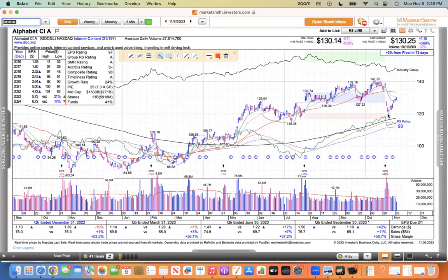This is Google, had a brutal sell-off after earnings. It has recovered on lighter volume. Not really a fan of the chart below the 50. It's taken forever for it. Usually when you see a vertical violation like that, it's a sell sign. It's always a sell sign for me, but you want to see it rally right back through the 50. You don't want to see it take forever. Right now, this is taking weeks just to get back up to its 50. You want to see a shakeout and a rip right through. You don't want to see it taking all this time. So to me, that's a negative for